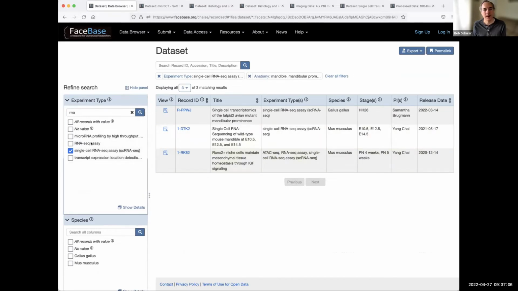data I have. So now I've got a filter and I can see it summarized at the top here. So under data set and then the general search bar, I have a little breadcrumb here in a way for the experiment type being set to single cell RNA-seq assay, and the anatomy filter being set to mandible and mandibular prominence. And I end up with 3 search results available to me. So this is basically how one goes through looking for the data on the FaceBase site in general for data